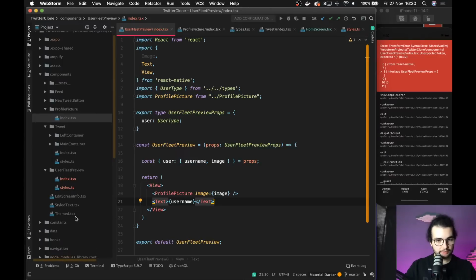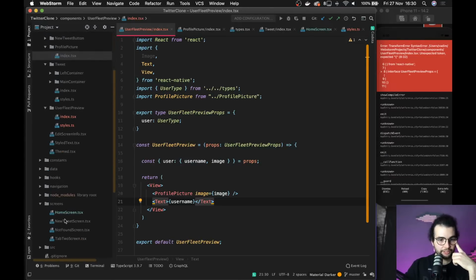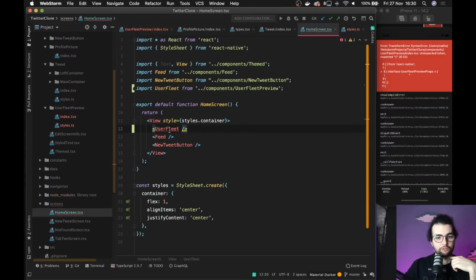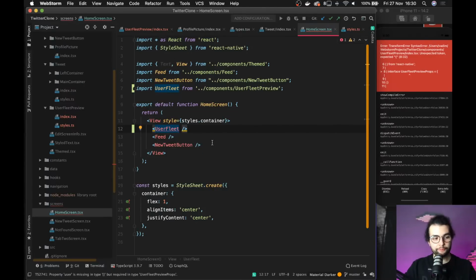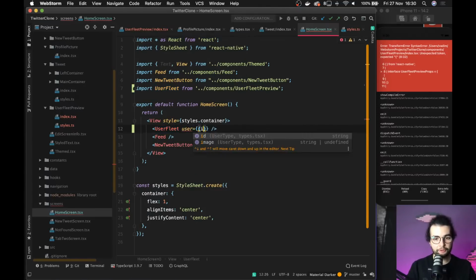where is it? Let's have a look. The home screen. And you see already here, we see a red arrow because property user is missing from the props. And this is the advantage of TypeScript, because if you're not using TypeScript, you might miss errors like this. But TypeScript will say, hey, you forgot to add this user property. So our user property will be an object with ID, let's say 1,